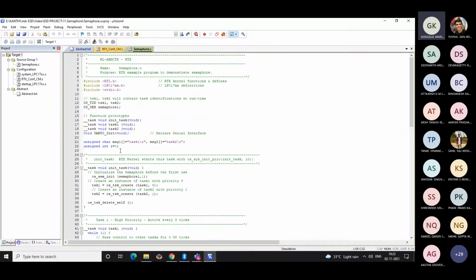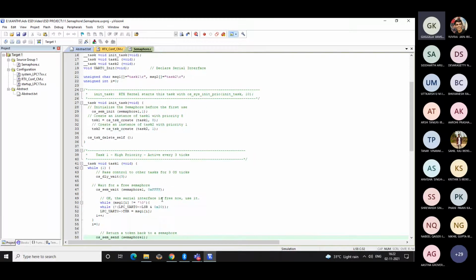Herein you can see that mainly we are using the UART as a resource to display, send the message like task 1 and task 2. Moreover, if you see the code, here I have given high priority for task 1 and low priority for task 2.